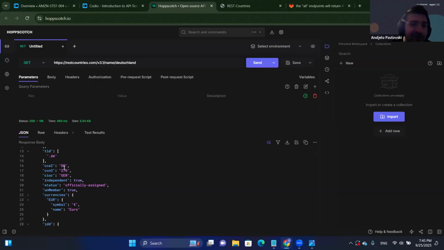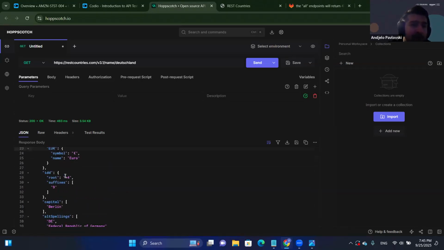We have some codes here. So DE, you can also see on registration plates as well. You get the short abbreviation here. You have some status here. You have whether it is a UN member. So we see all this data, the currency as well. So everything provided